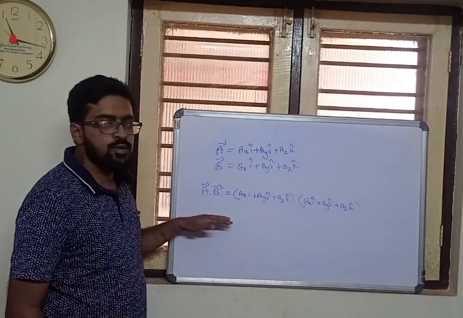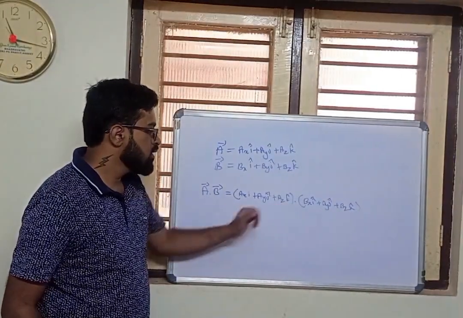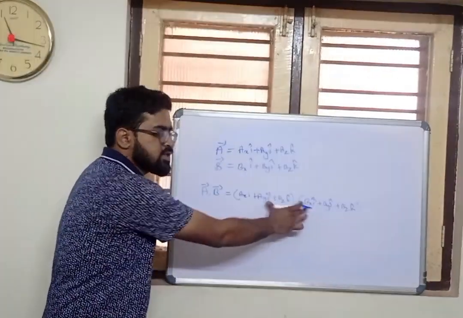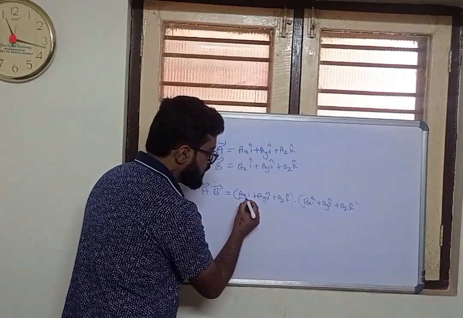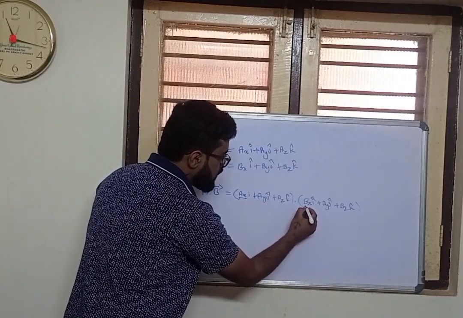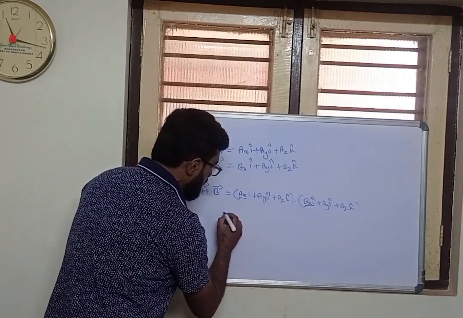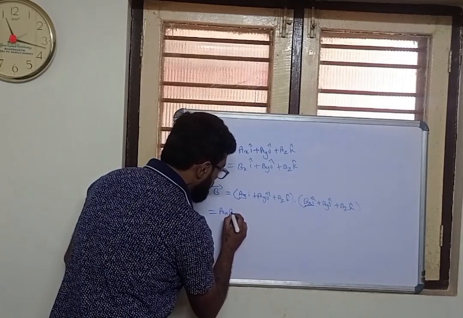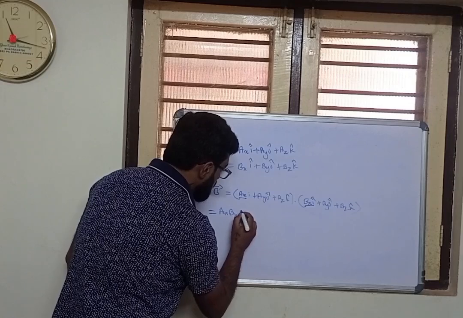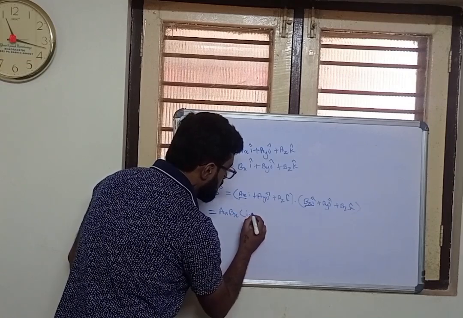This is a dot product of vector A and vector B. Now how will you simplify these terms? We multiply component of A with component of vector B. If you multiply, we get ax into bx into i dot i